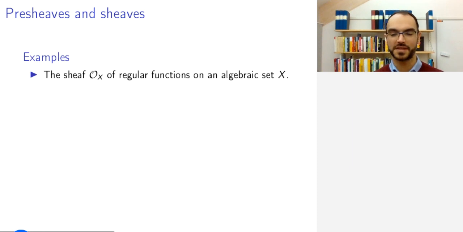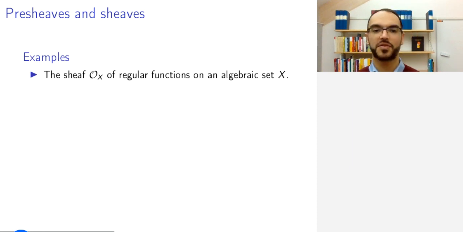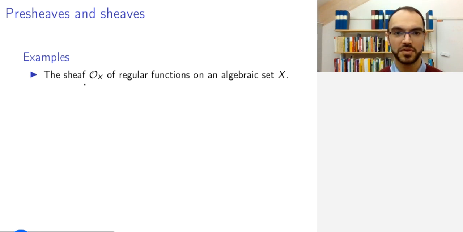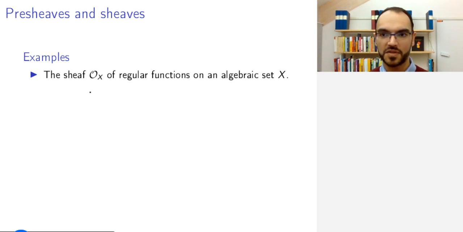So let's look at some examples. First example is the prototypical example of regular functions on an algebraic set. By the preparatory discussion to the definition of presheaves, this is a presheaf and in fact a sheaf. So when you define a presheaf, whether it be a sheaf or not, you need to specify the data. So what are the rings? What are the restriction homomorphisms? So I need to tell you that